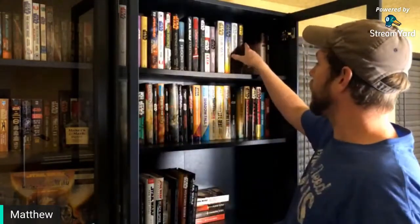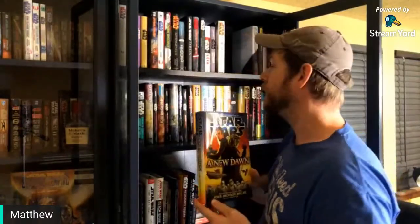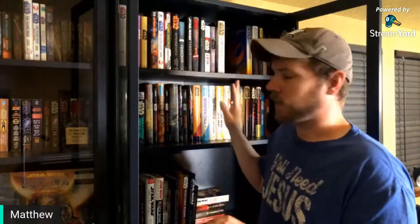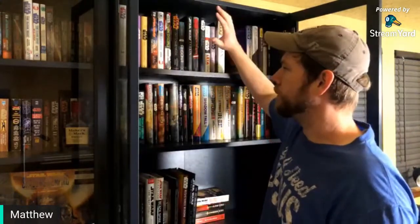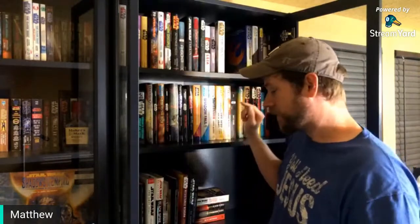Okay. Here we got Thrawn, Thrawn: Alliances, Thrawn: Treason, and A New Dawn, which is the first book that came out for the new canon, written by John Jackson Miller. The back of it says this one's really hard to find now. I guess a lot of the early ones are hard to find now. I can't remember if I said it in a video or not, but I was telling somebody, it might have been in the comments, that they're looking for hardcover stuff, and that the last time I was in Barnes & Noble, they had hardcovers still of a lot of these Aftermath books. They have the hardcover of Alphabet Squadron, Solo,